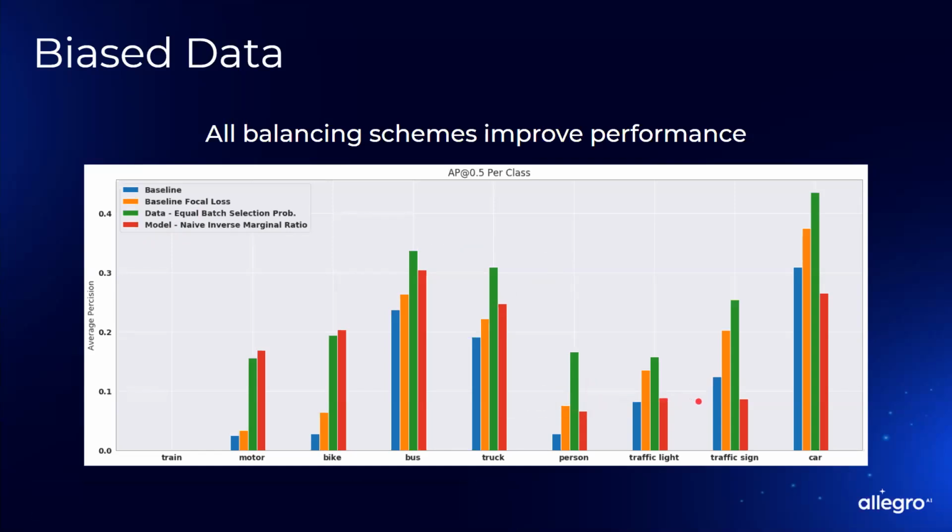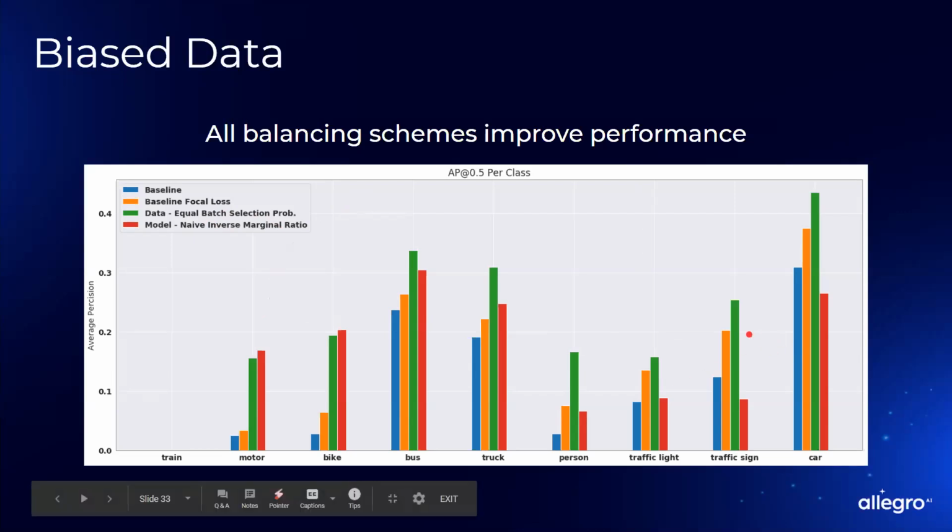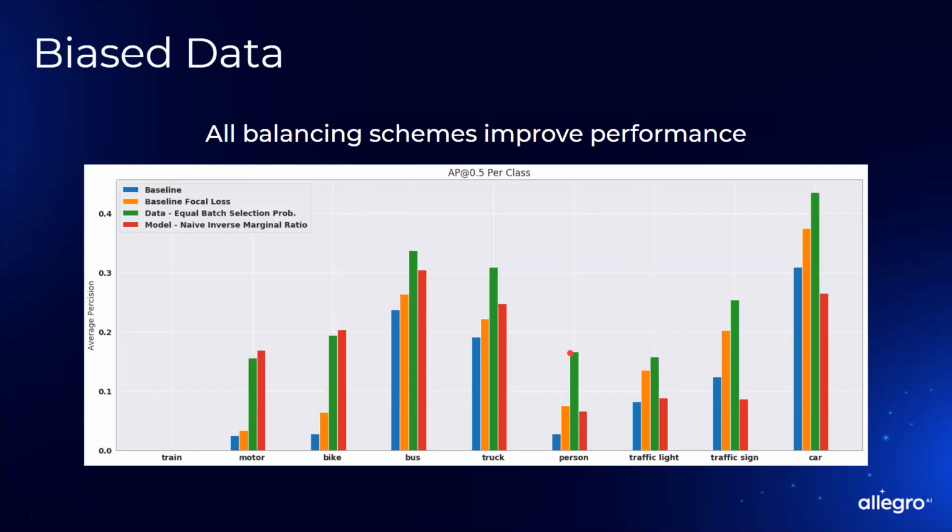So this can be an entire talk of 2 hours. The point is that there are methods to do it. And it seems like the naive one of, just resample the data correctly so you can have an equal probability to get motorcycle or person or car inside a single batch, then you get the most oomph, okay? By the way, this data set is not so good because you see, even though you do it, you still can't get more than 0.2 for a person. That can also tell you that there are problems with the annotation or the actual distribution in the acquisition process.